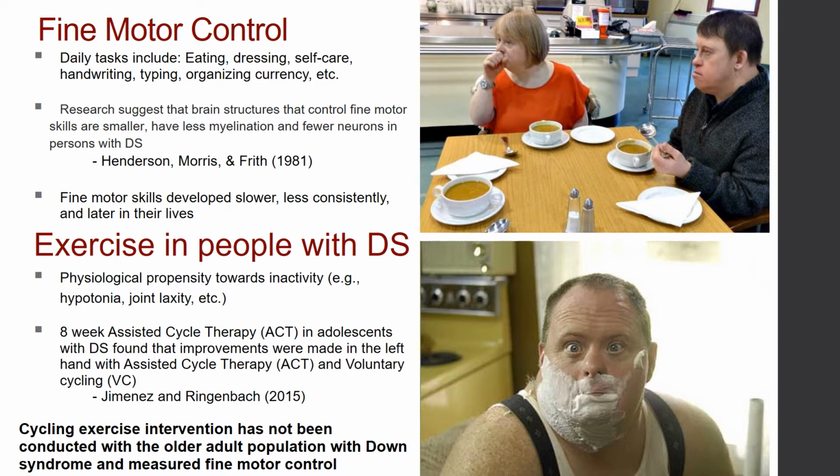One study that we did in my lab was an 8-week assisted cycling therapy intervention where they're on a stationary bicycle and you set the rotations per minute or the rate of movement, and a mechanical motor moves their legs at least 35% faster than they can on their own. And we also compared that to voluntary cycling where they just pedaled at their self-selected rate. And we did this in adolescents with Down syndrome and found improvements in the left hand after assisted cycling therapy and voluntary cycling. But what hasn't been done is exercise interventions in older adults with Down syndrome and measured their